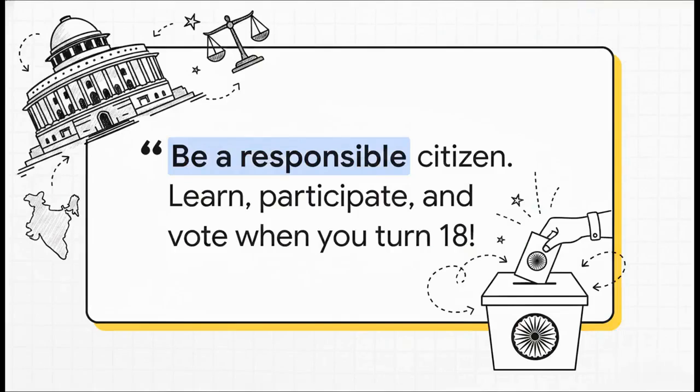Which brings us to the absolute most vital part of this entire architecture, you. This massive apparatus of Parliament, the Supreme Court, the Prime Minister, the Chief Ministers, it all exists to maintain peace, drive development, and sustain democracy itself. But here's the catch. None of it works without the active participation of the people. Learning about this structure, that's just the first step. Participating is the next. When you look at the sheer, mind-boggling scale of the world's largest democracy, the ultimate question is this. When it's your turn to step up to that ballot box, how will your voice shape the future